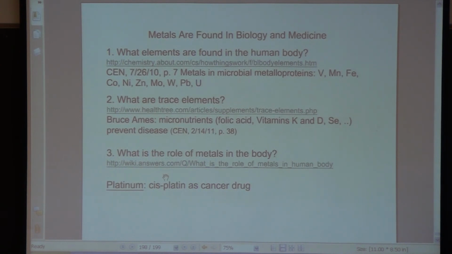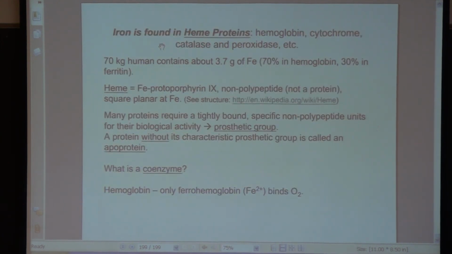And then what's the role of metals in the body? You can take a look at this link. And note that these metals are sometimes used as cancer drugs. For example, this compound cisplatin is used as a cancer drug. And let's go to this last slide here. So iron is found in heme proteins. These heme proteins include hemoglobin, cytochrome, catalase, and peroxidase. And a 70-kilogram human has about 3.7 grams of iron, of which 70% is in hemoglobin and 30% is in ferritin. Now heme, and these heme proteins,